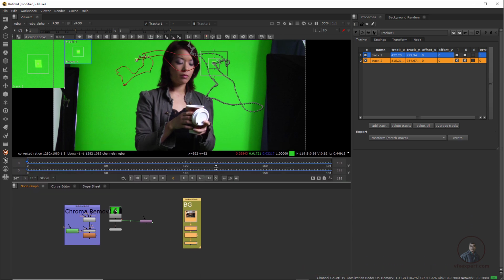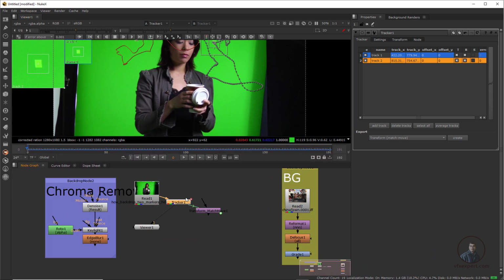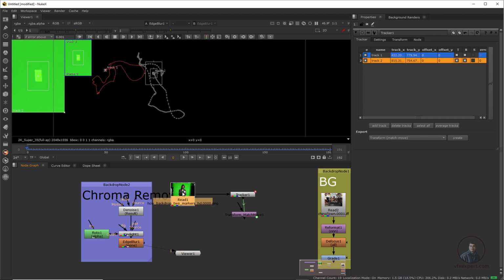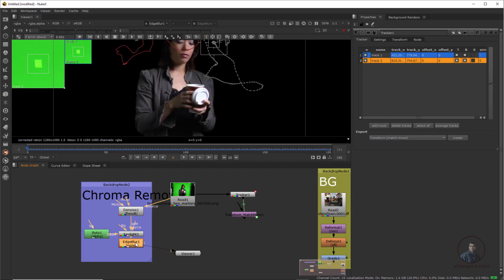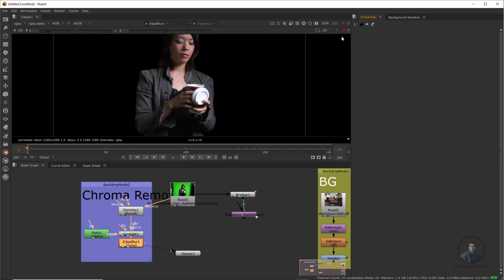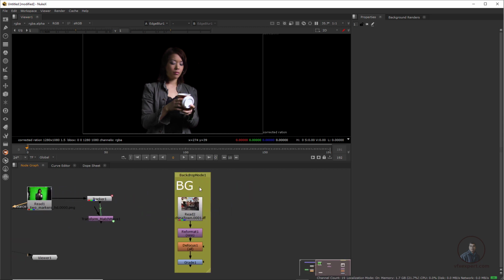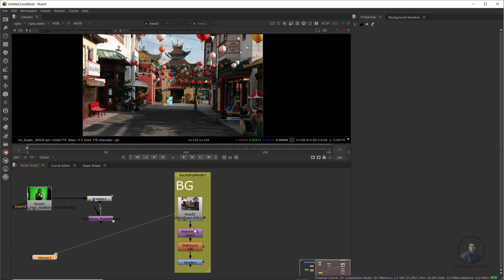So here I am going to explain. This is actually our main tracker data, and here I have removed this chroma, so just connect it here. This is our original shot, just connect it with this input here and select this one. Here I have removed the chroma with the help of a simple Keylight. First I denoised this footage a little bit, then I used Keylight, then some little edge blur. Then after this I took this background, which is our original background.